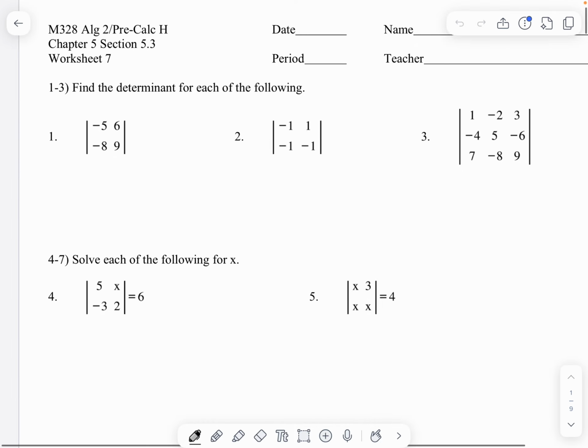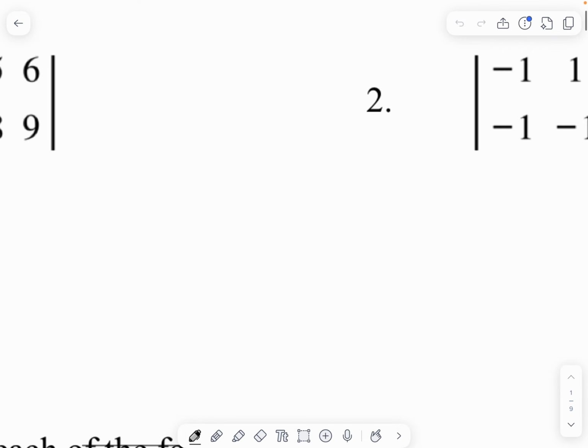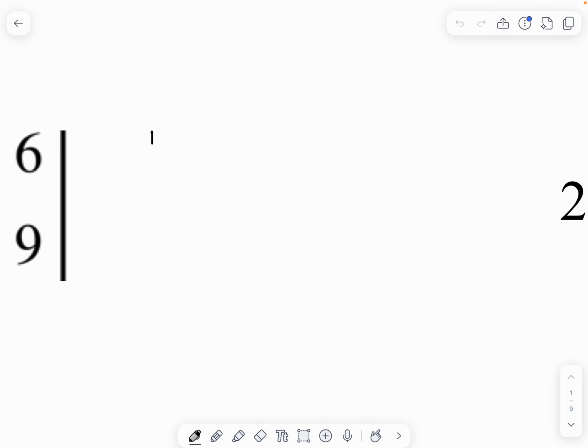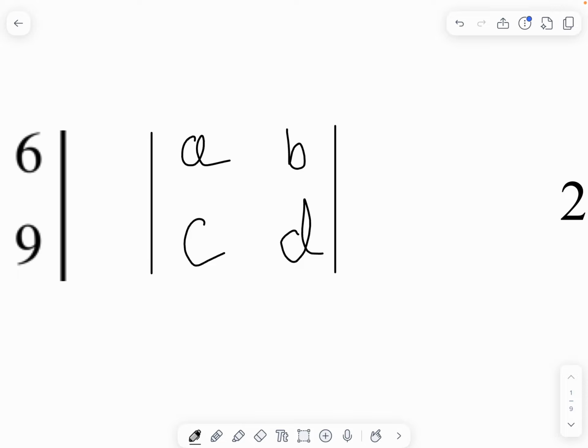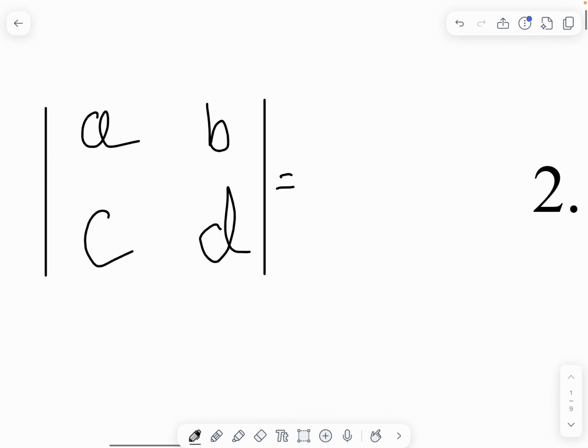First, let's learn how to find the determinant of a 2x2 matrix. So this is A, this is B, this is C, and this is D. I always like to do this. I think this is the breast cancer awareness symbol, so it's kind of similar. So the value translates to A